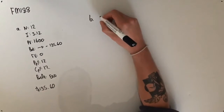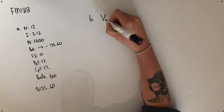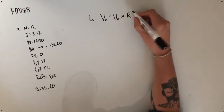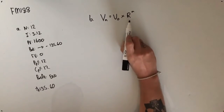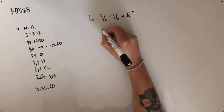Well, since we're going to be using the reducing balance method of depreciation, we're going to be using some form of Vn equals V0 times R to the power of n. Now we know that we're going to be looking for 2 years afterwards, but we need to figure out what this rate of depreciation is. In order to do that, we're going to take the second value that we're given, so the value of the clubs after 1 year,